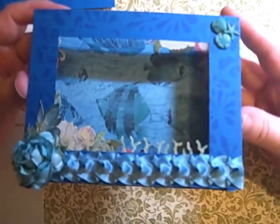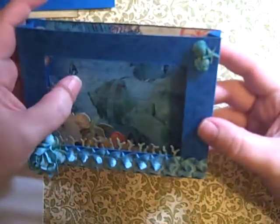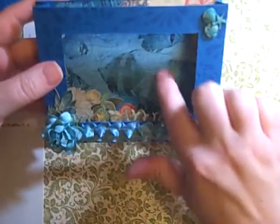And I was in the ATC swap, and I did have some leftovers of the paper. So this one worked out perfect, that it was just the right size for the background piece. So let me show you the components. I'll just quickly tell you about this one. So here's the paper, and then